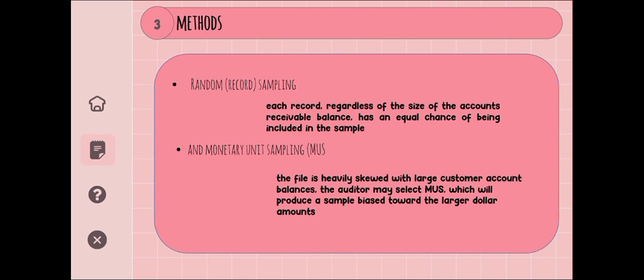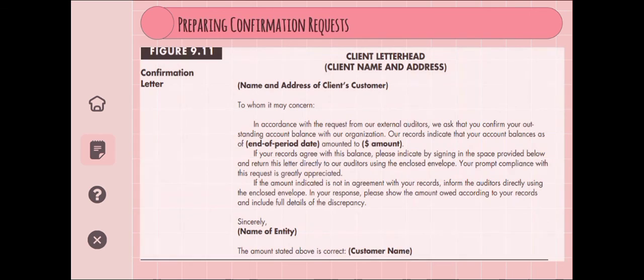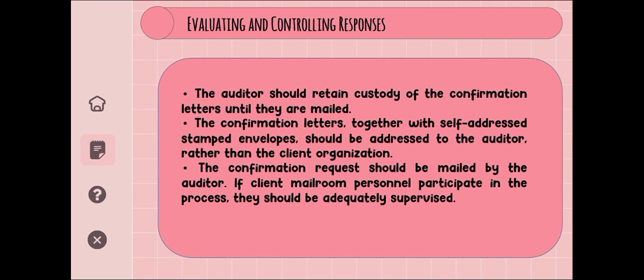With random sampling, regardless of the size of the accounts receivable balance, everyone has an equal chance of being included in the sample. For MUS, with large customer account balances, the auditor may select MUS, which will produce a sample biased toward the larger dollar amounts. So here's a sample letter of a confirmation request. It includes the end of period date, the amount, the name of the entity, and the customer name. And after the letter is given, the auditor